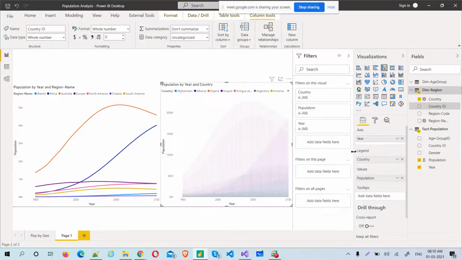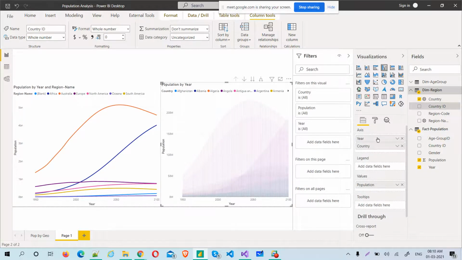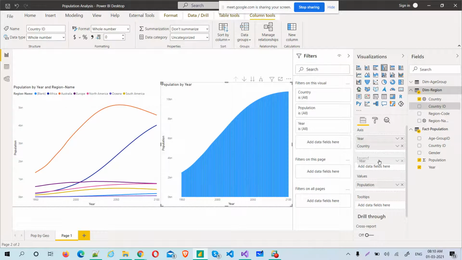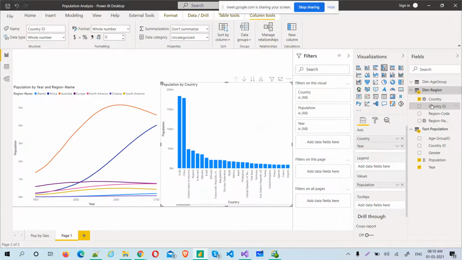Come on, now it has become very slow. Country, and then let's say region code.